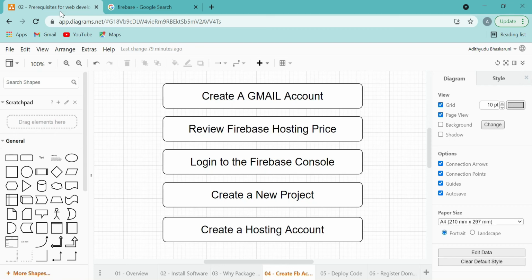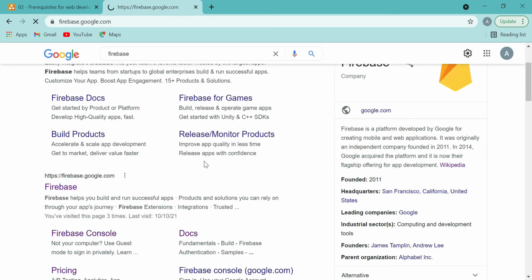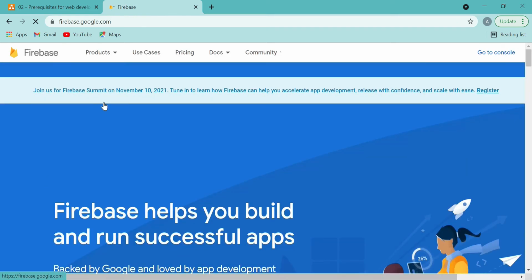So now we'll understand how to create the Firebase hosting account. But before creating the Firebase hosting account, let's first try to understand what Firebase is. If you go to this Firebase website,